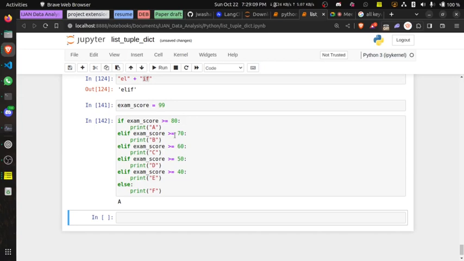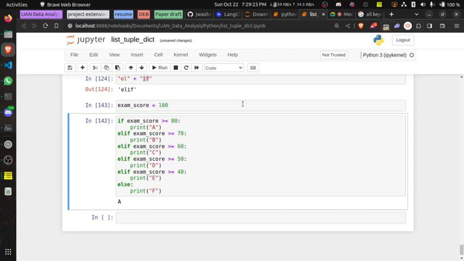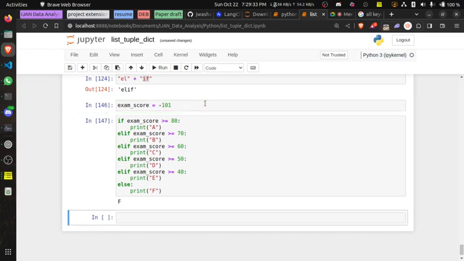The limit is 100 to 0. It should not go beyond 100 and should not go below 0. So if I put 101, I'll still get A, which should not be. If I put minus 101, I'll get F, which should not be.